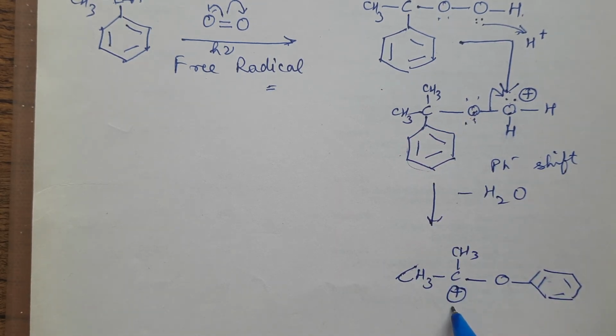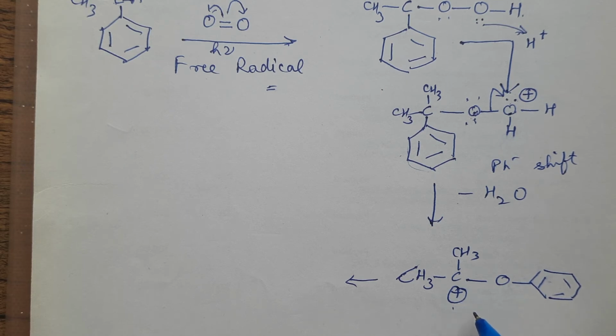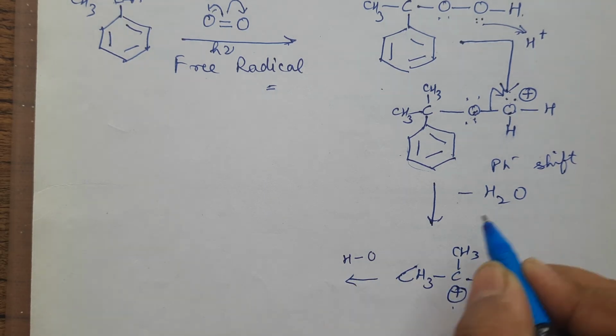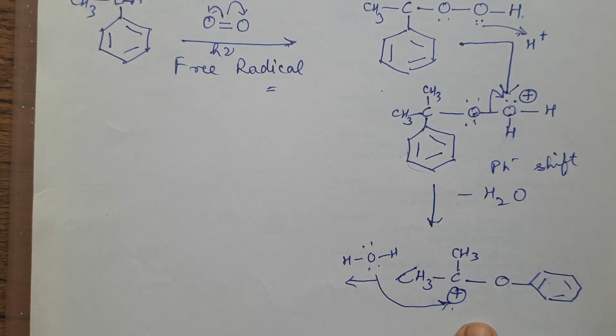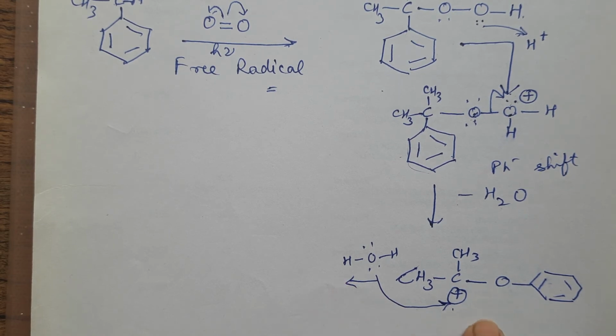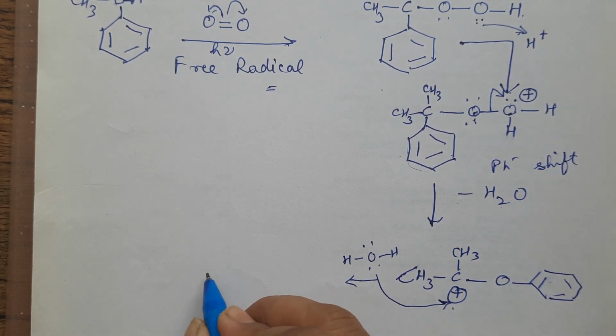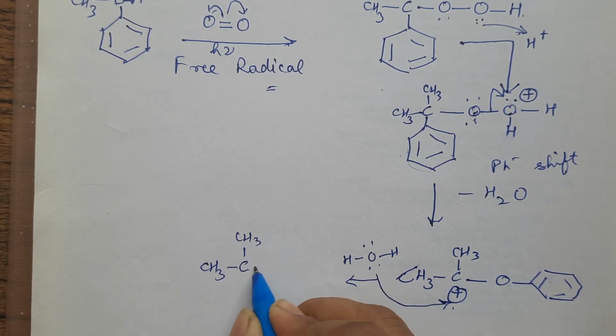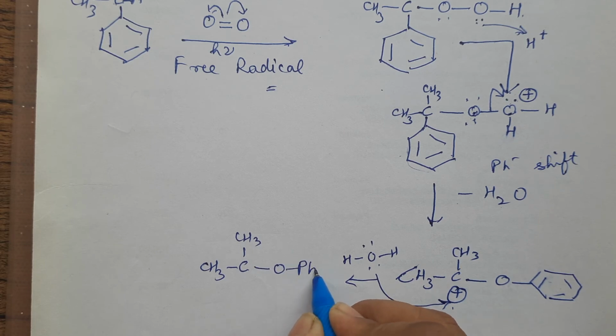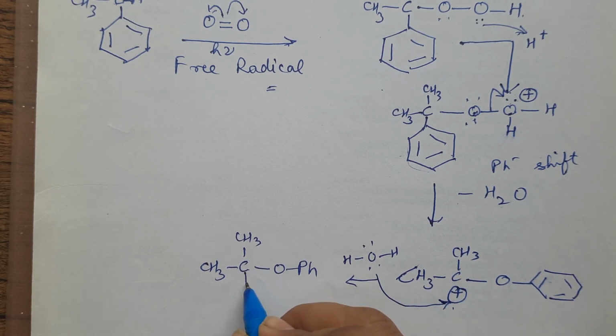Okay, now this carbon again has a positive charge. When this is positive, it is again not stable. Carbon has a positive charge, so its valency is not complete. So the water molecule which came out from here has a lone pair of electrons. It is going to attack this particular carbon atom with the positive charge. When it attacks, what you will get is CH3, C, CH3, O. I'm writing Ph here instead of the ring just because of shortage of space.